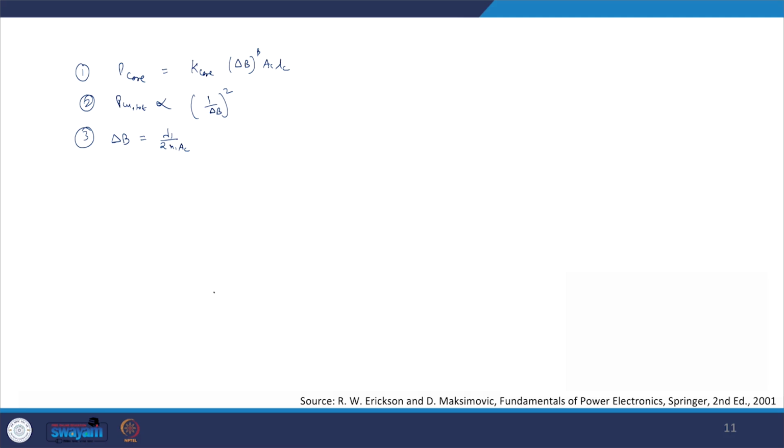In the first optimization, we have to obtain the optimum values of gamma 1, gamma 2, going up to gamma k. That is the first optimization one has to do, and then you have to do the delta B optimization such that this leads to the minimum total loss in the transformer, where the first one will give you the minimum copper loss in the transformer winding.